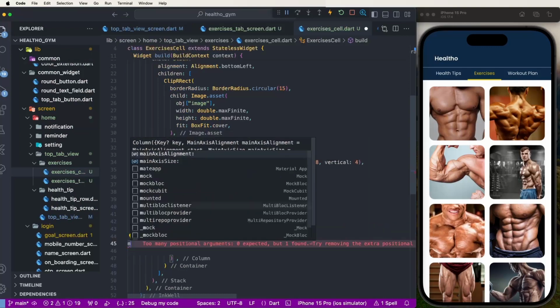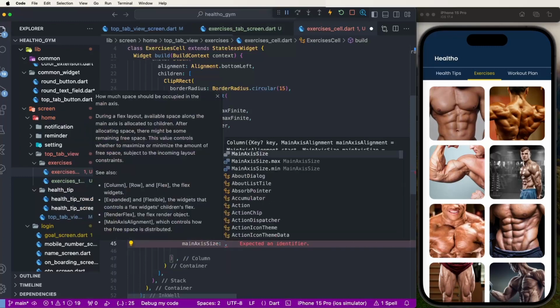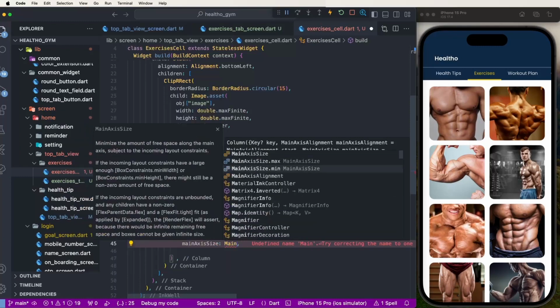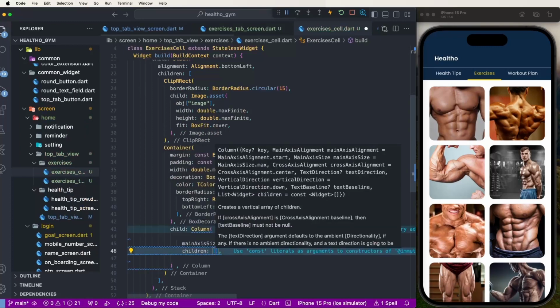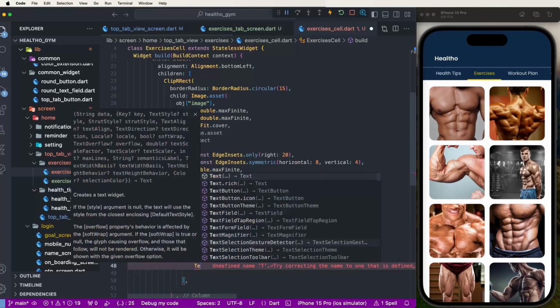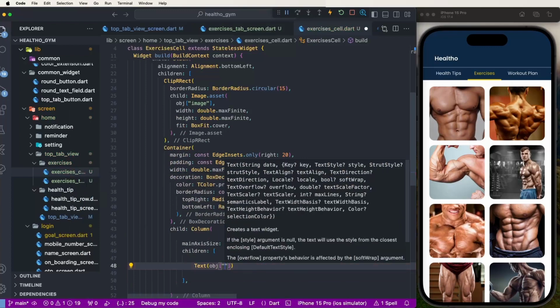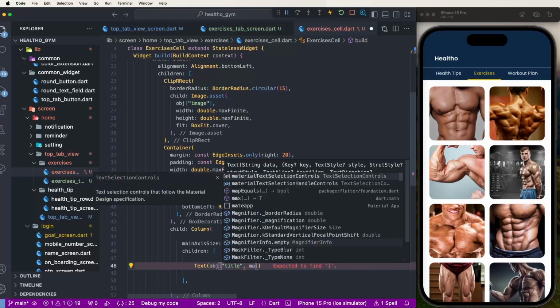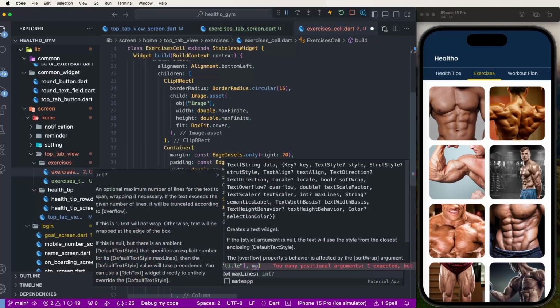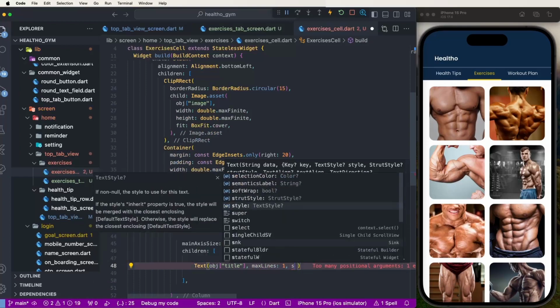and first of all set the cross axis alignment. No need, so set the main axis size, set MainAxisSize.min, and after that create the children like this, and now write down the title, and set the object title, and set the maxLines 1, and set the styles, text styles,